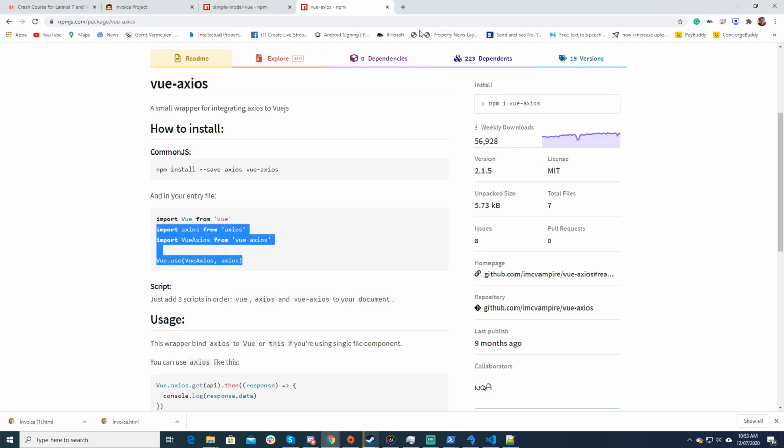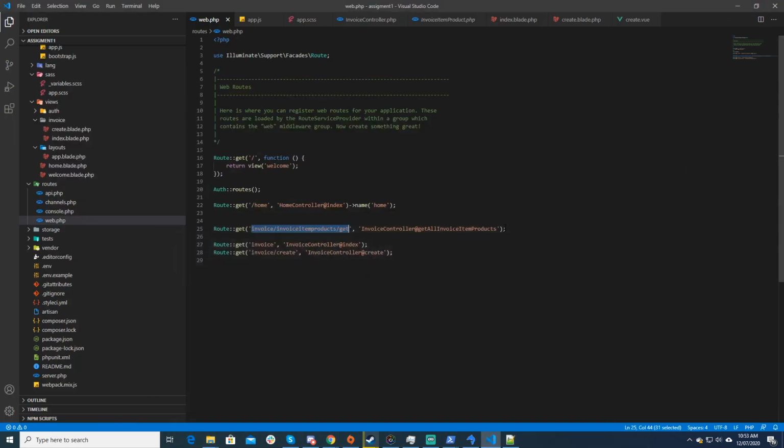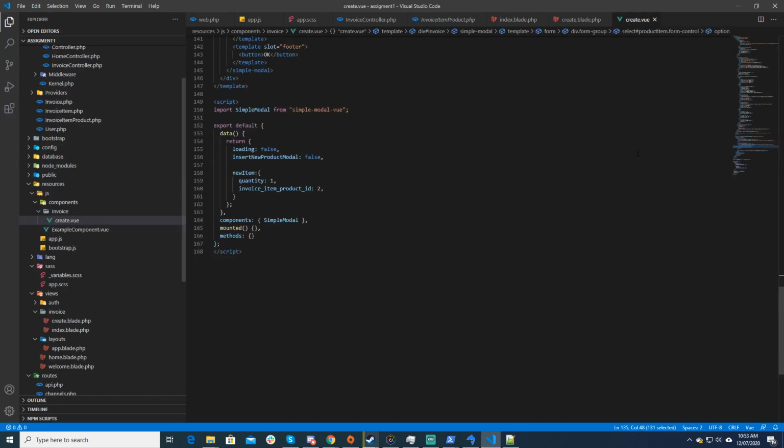So let's see if that works. I go to the URL, and there you go. There's all the results in JSON format. That's exactly what you want. So now we know this route works. So if we go back to my Vue file,